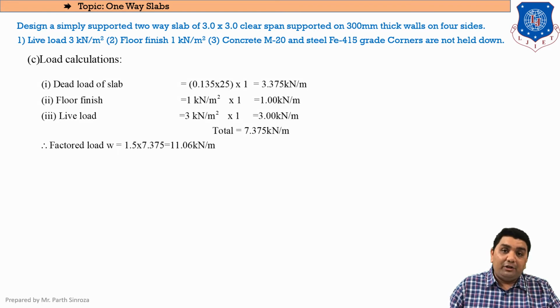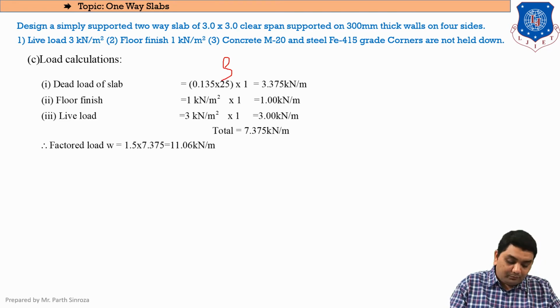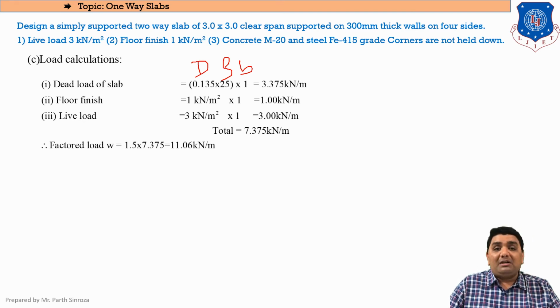So as we already know from one-way slabs, the steps will be the same. First will be finding the dead load, that will be rho B D. So this will be our rho, this will be our capital D, that is depth, and this will be our width. Width we will always be assuming to be per meter, so into 1. So the final answer comes out to be 7.375 kilonewton per meter.